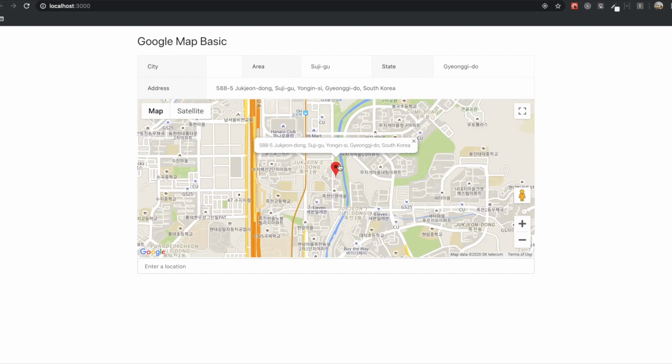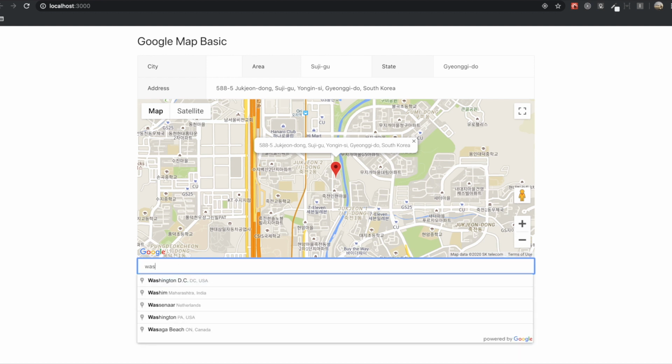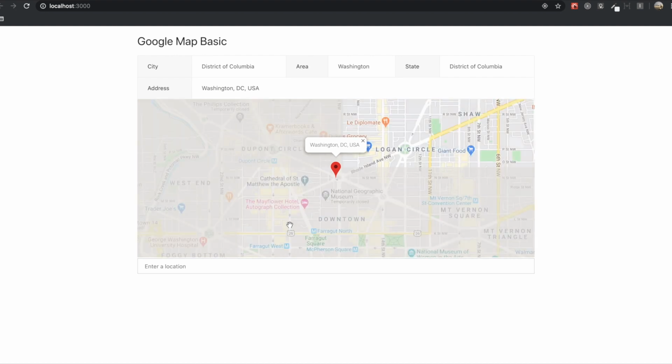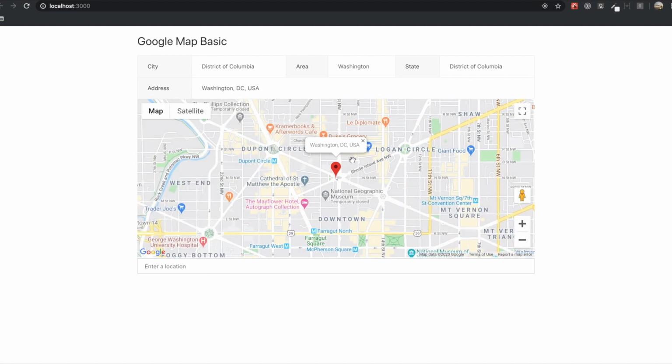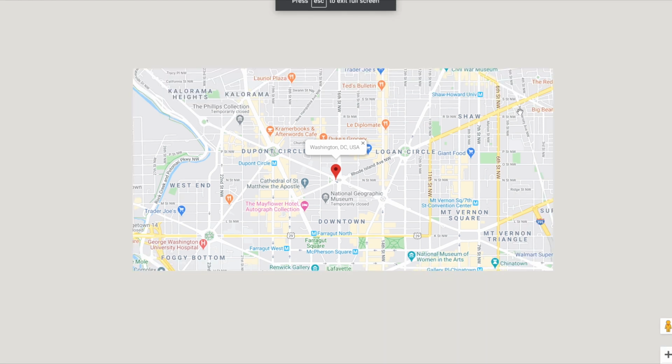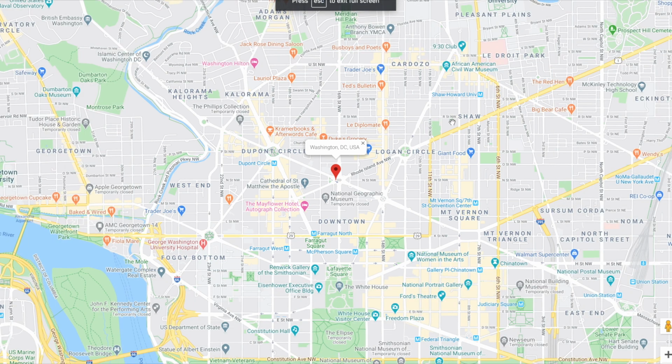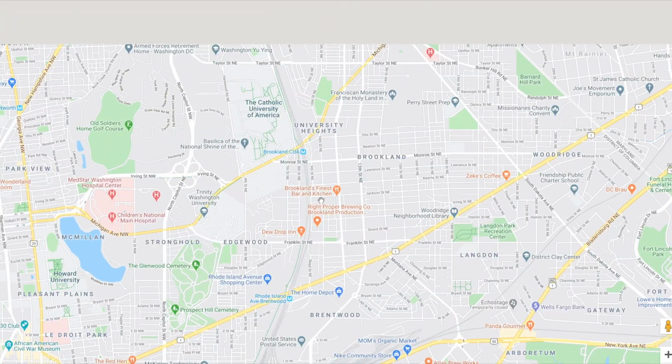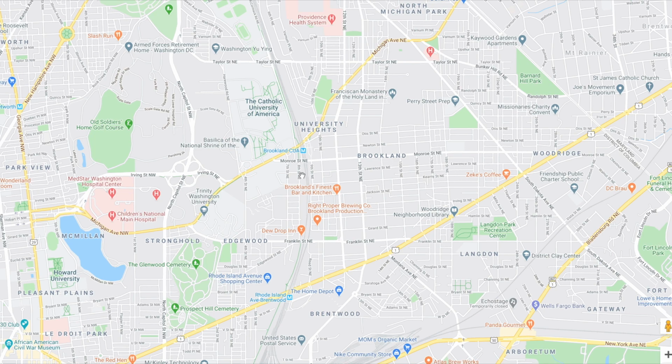And we can also get the different place, the address and the area and state. We can also search for the place where we want to go, like if I type this Washington, we can just automatically come in here. And then we can also make use of all the basic features that Google Map API gives us, like clicking full screen. We can also zoom